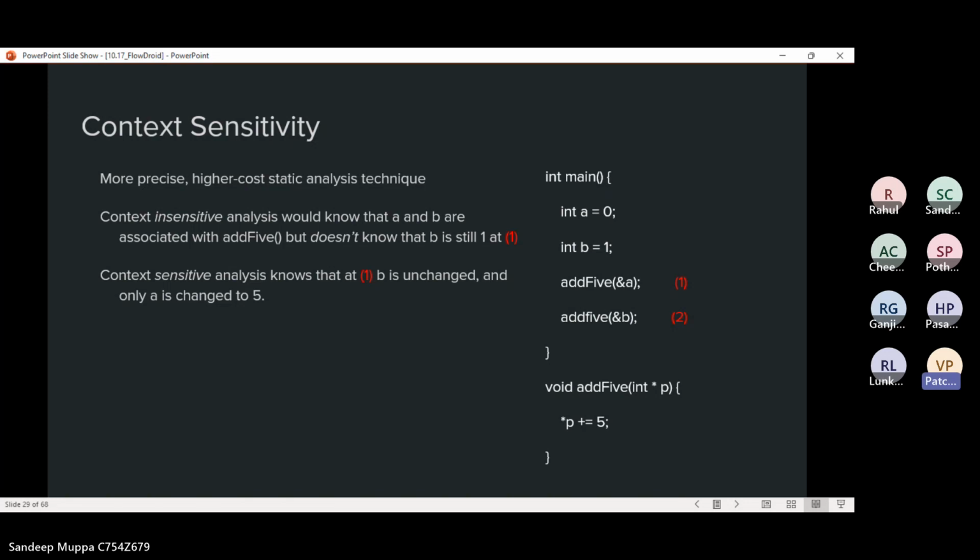A context-insensitive analysis would know that a and b are associated with the add5 function, but it does not know that b is still 1. That means it is imprecise. Whereas a context-sensitive analysis knows that b is unchanged. It remains constant and only the value of a keeps changing, and it will change to 5.